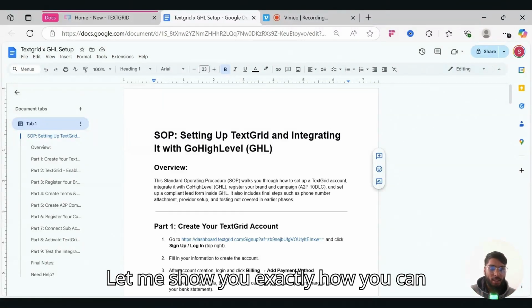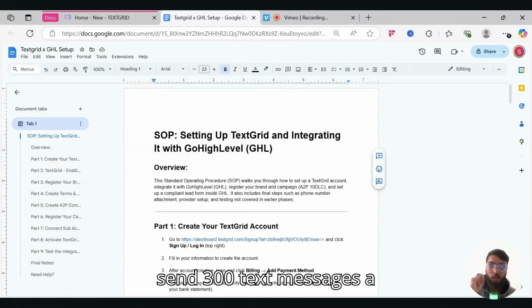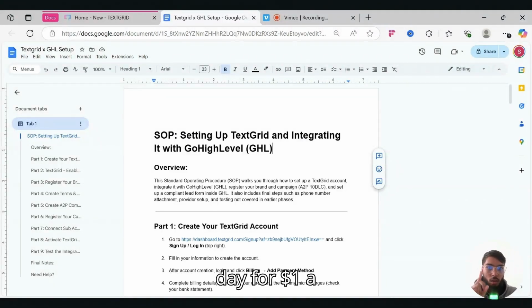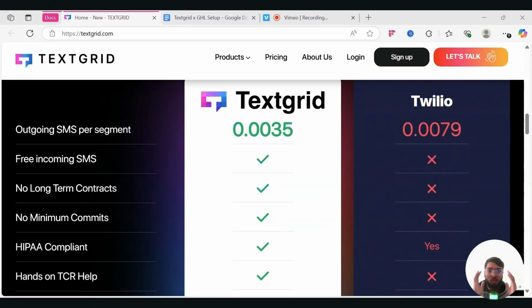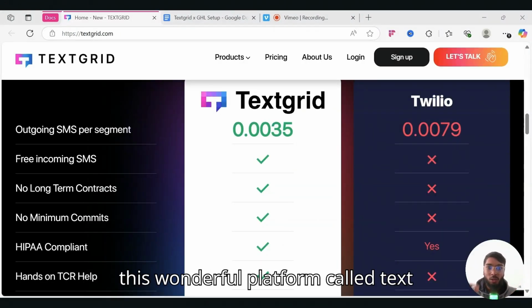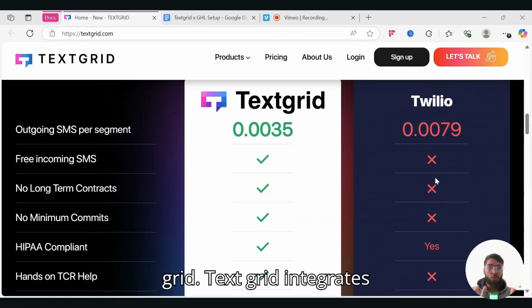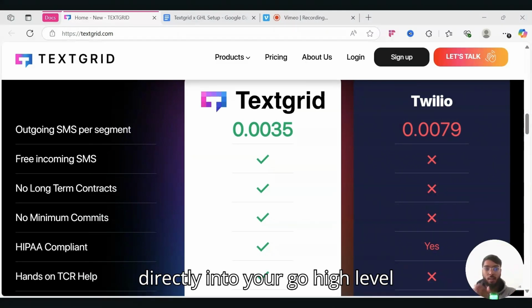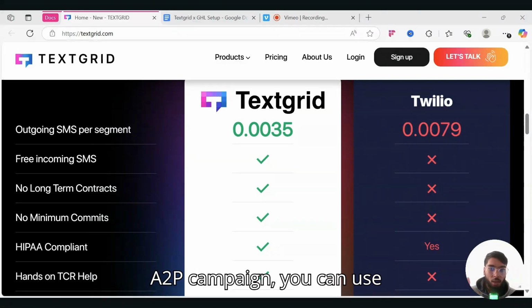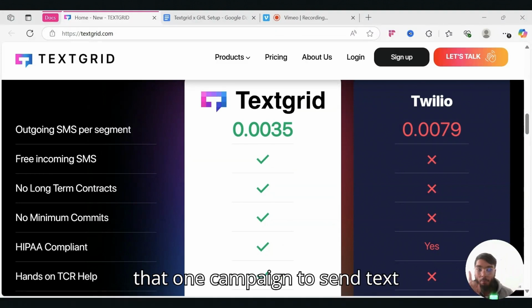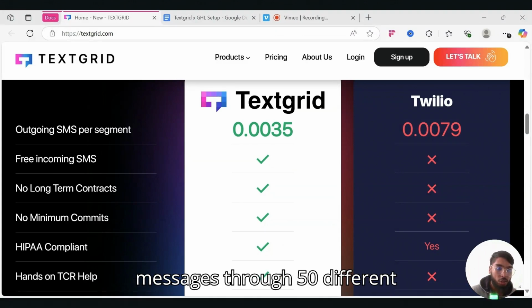Let me show you exactly how you can send 300 text messages a day for $1 a day. That is all possible thanks to this wonderful platform called TextGrid. TextGrid integrates directly into your GoHighLevel account. And when you register one A2P campaign, you can use that one campaign to send text messages through 50 different